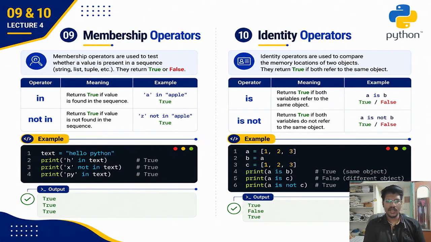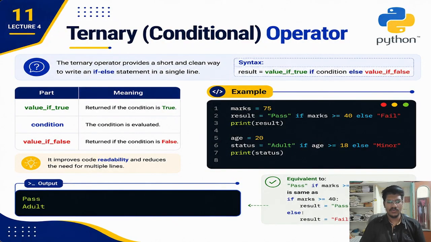Now I would like to move to the next topic, which is ternary operators. Finally, let's talk about the ternary operators, also known as conditional operators. This is a short and clean way to write a simple if-else statement in a single line. It makes your code more concise and readable, especially